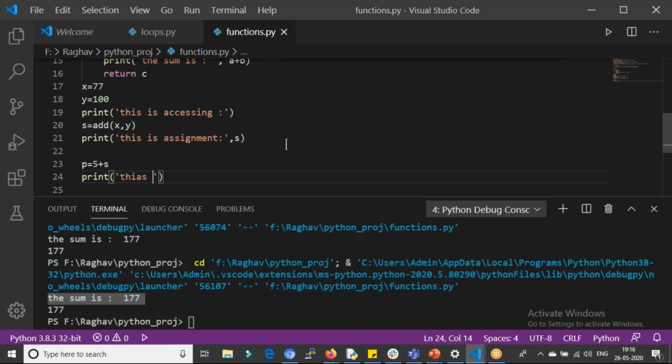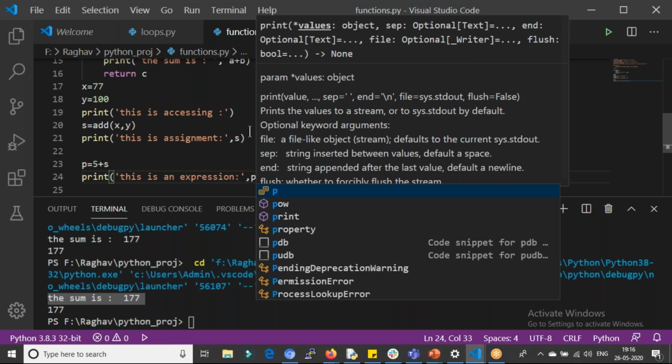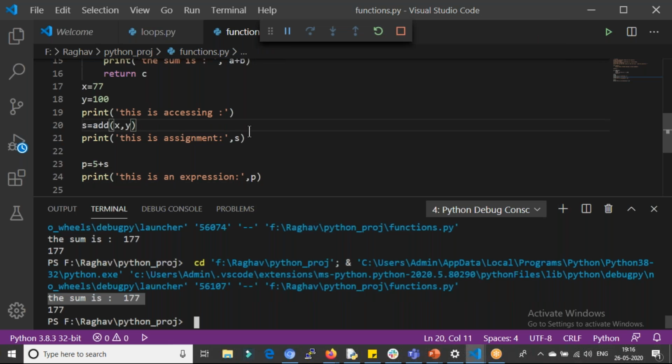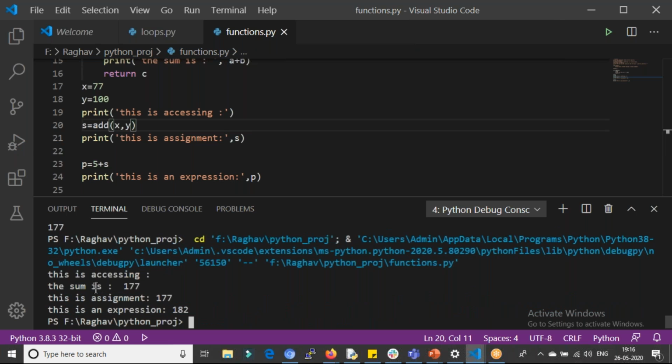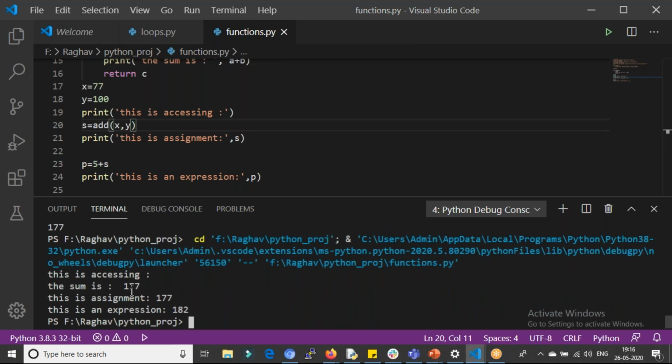this is an expression, and then here I'll print p. So if I run this, when we're accessing, we got the value.